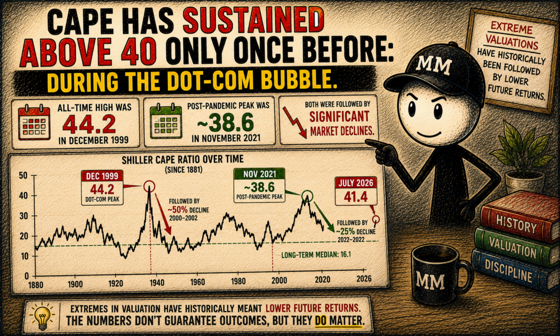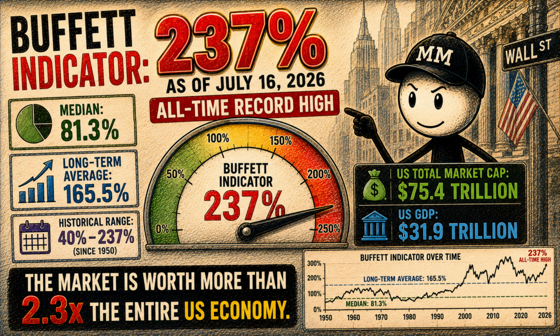The long-run median of this ratio, going back to 1881, is 16.1. The current reading of 41.4 is 77% above its long-term trend line and in the highest historical quintile, suggesting a highly overvalued market. Number 2,